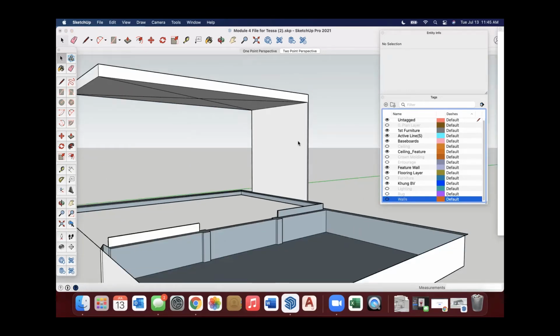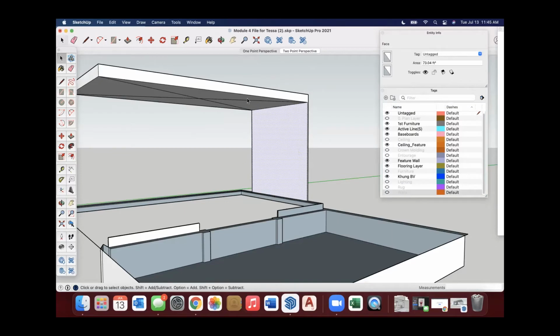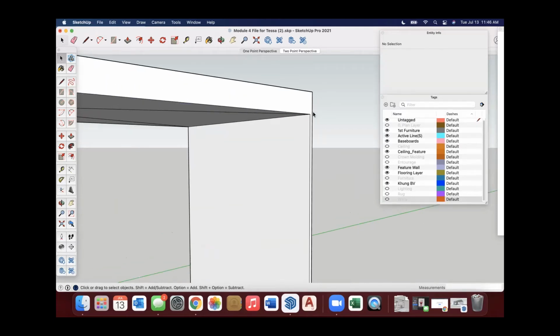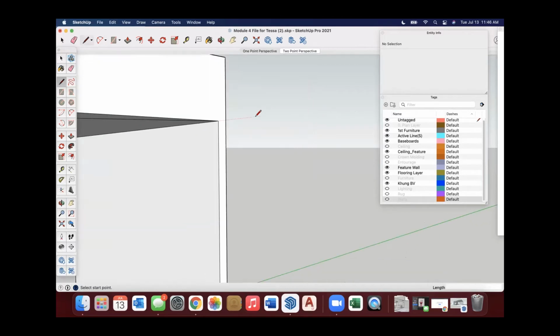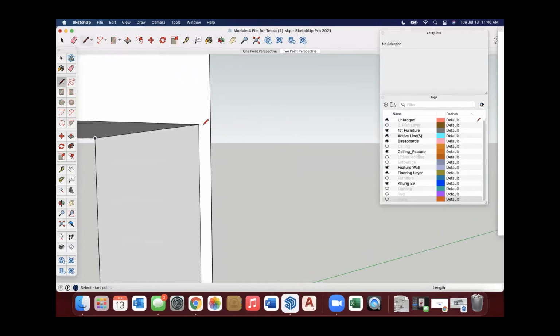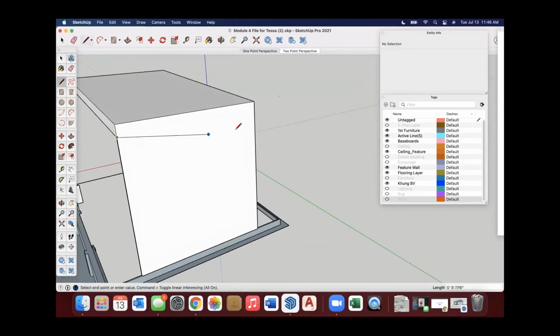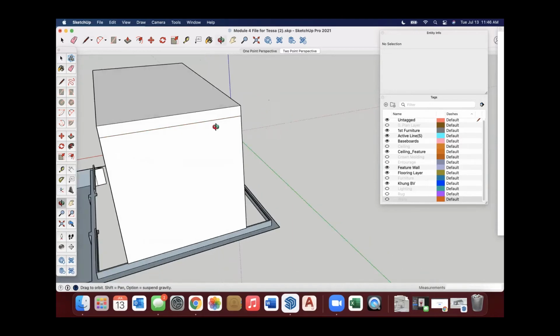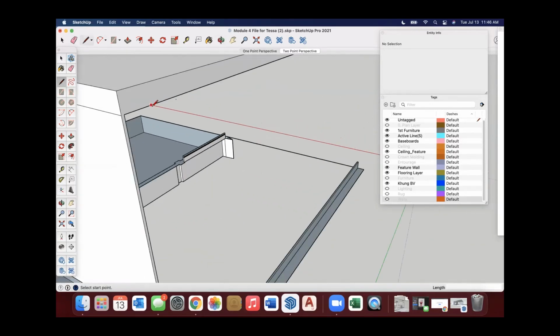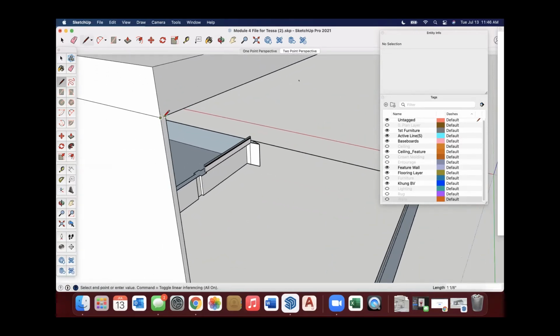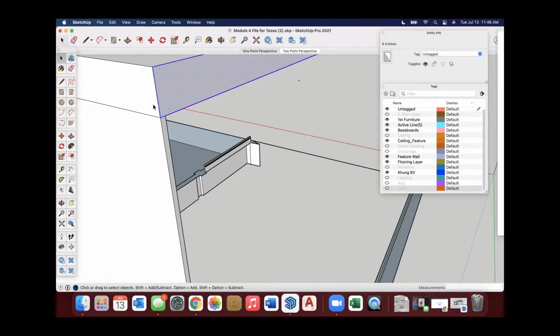So I could decide, do I want this to be together or separate? Maybe I haven't decided if I want the feature wall and ceiling to be the same. So as a precaution, I could go ahead and put them on separate layers. The biggest thing is they're kind of one right now. So if I needed to separate these two, I could just trace along this because again, it's not a group. I can trace along, make sure I'm horizontal and cut, basically cut the planes.